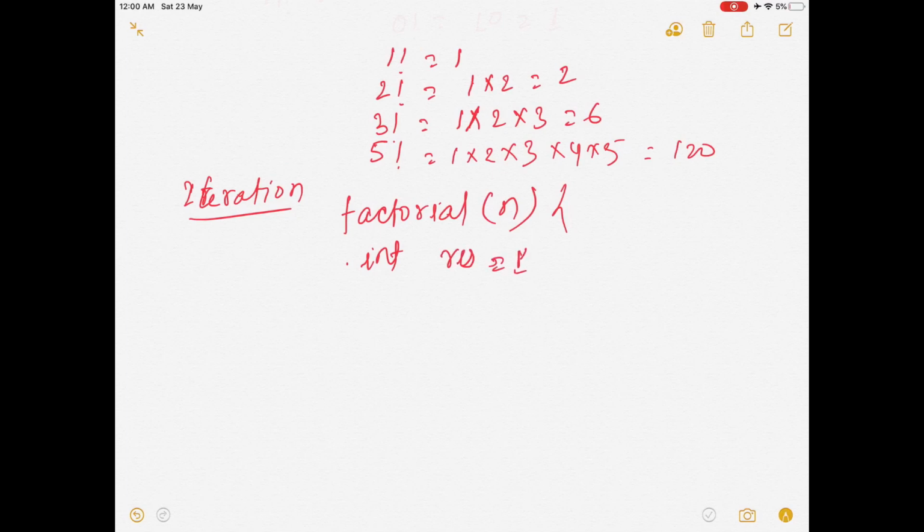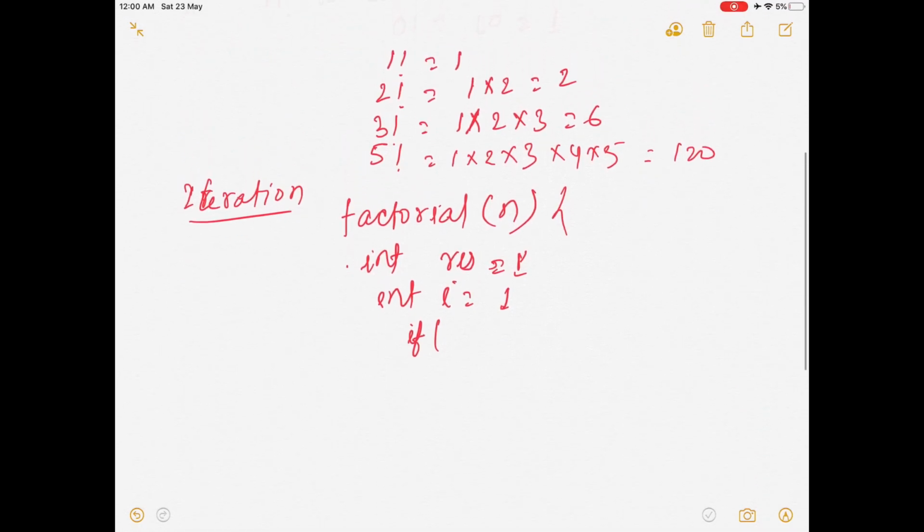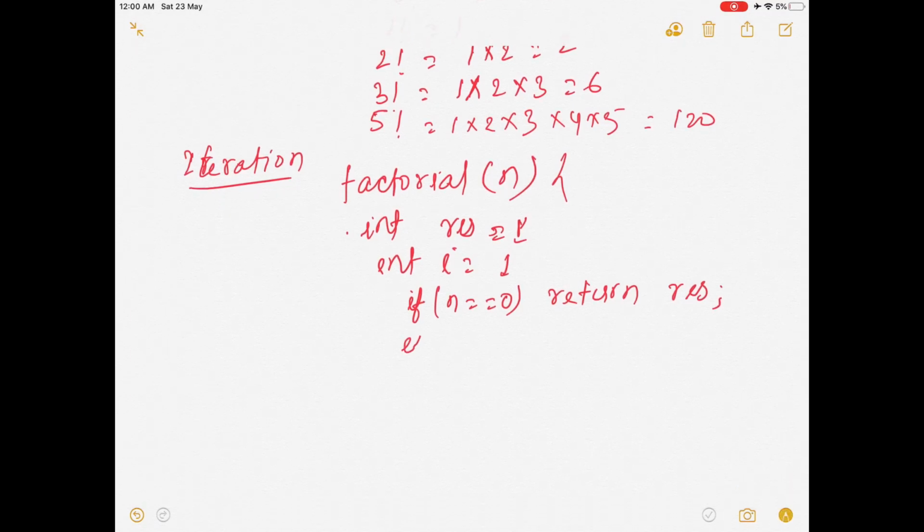We name them res is equal to 1 and i is equal to 1. We check for this condition: if n is equal to 0, then we'll return res simply. If not 0, we'll write the code now.